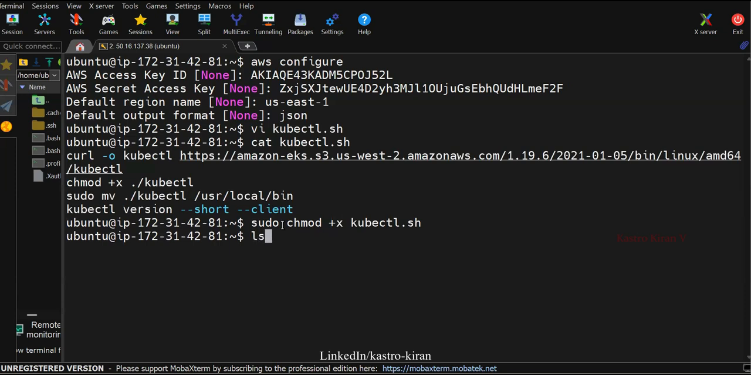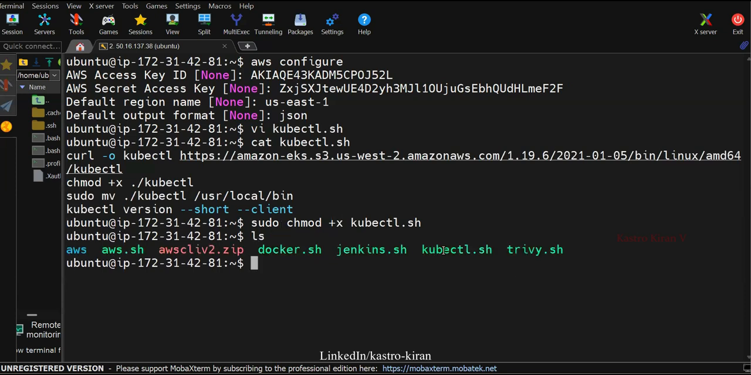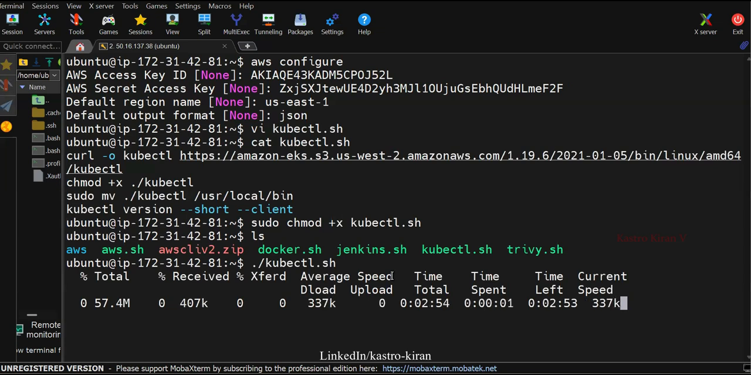Right. Now, if you do ls, you can see the kubectl.sh file has got executable permission. So let me execute it: ./kubectl.sh. You can see kubectl is also getting installed. Once kubectl gets installed,